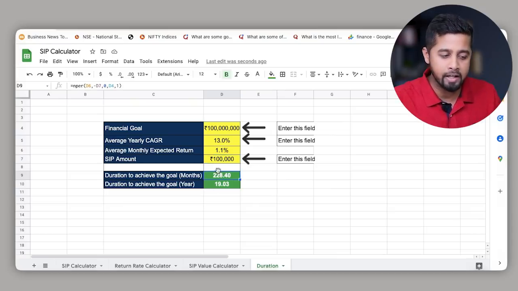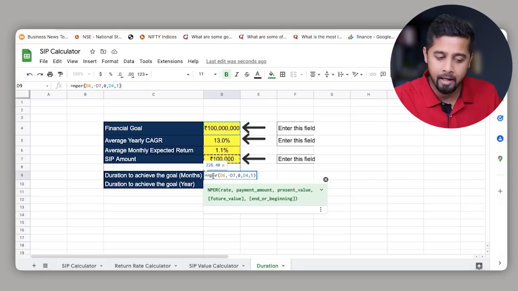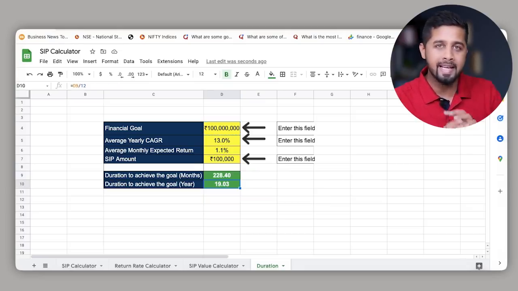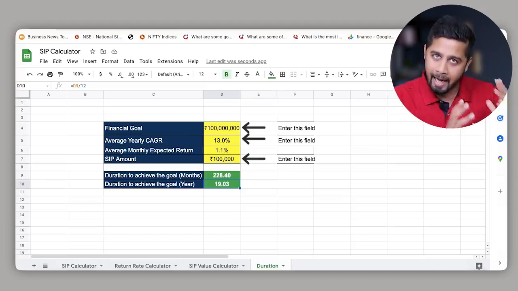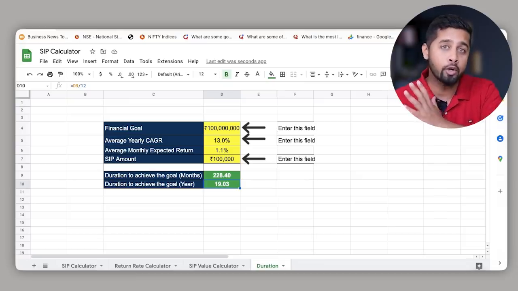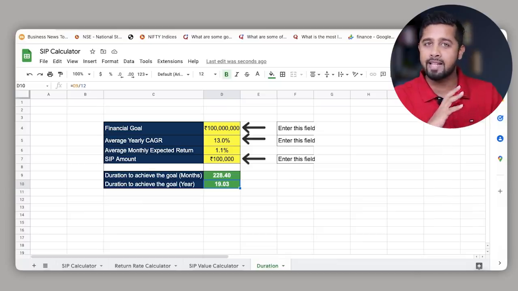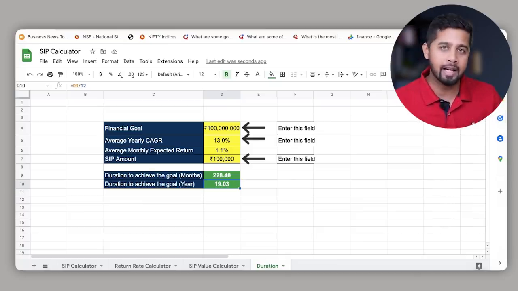By the way, I have used a function called NPER to calculate the number, and you can Google this function and you will get how to calculate this field. So these are three simple functions I have used to calculate the time, to calculate the SIP amount, and to calculate the return to achieve a corpus of 10 crore. You can play around and change your corpus, you can change the duration and time, and you can get all the required fields. So in this video, we discussed the 3 cases to achieve a corpus of 10 crore